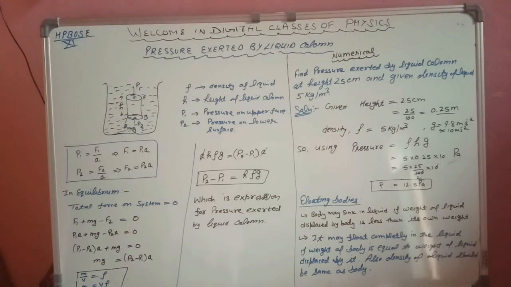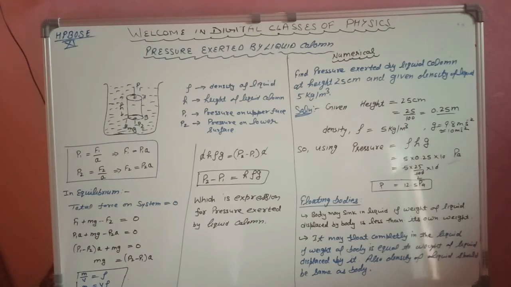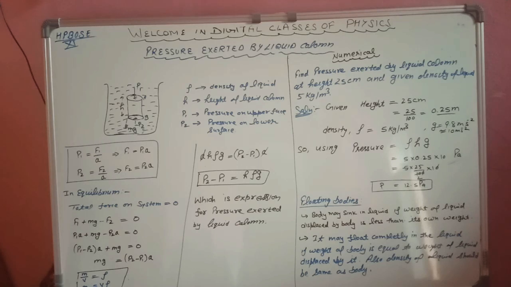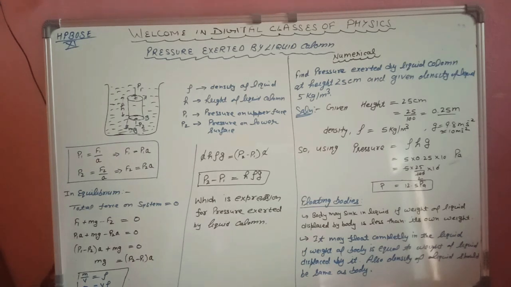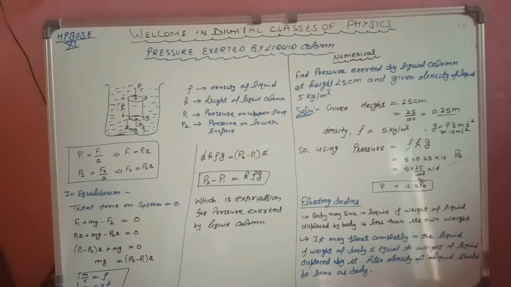That means you can swim in water only if you are displacing the weight of the water liquid equal to your weight. For example, your weight is 60 kg. That means you have to displace the water equal to 60 kg. If your weight is 30 kg, then you have to displace water equal to 30 kg if you want to swim. Otherwise, you will not be able to swim. You will sink in the water. So this is our concept which we'll study tomorrow, that is Archimedes principle.